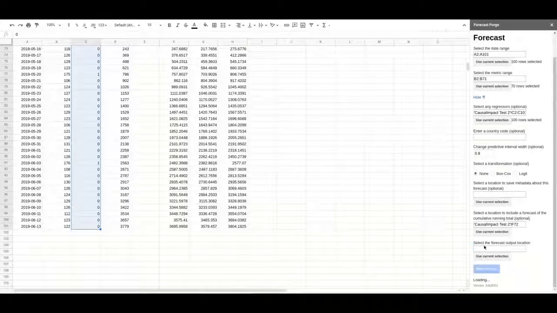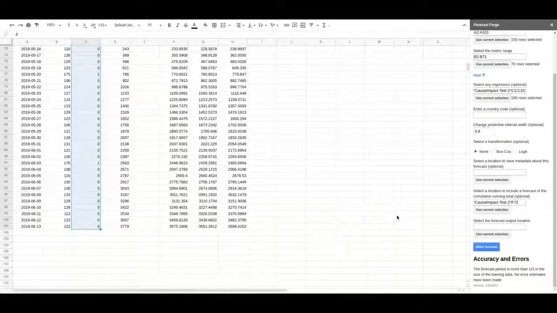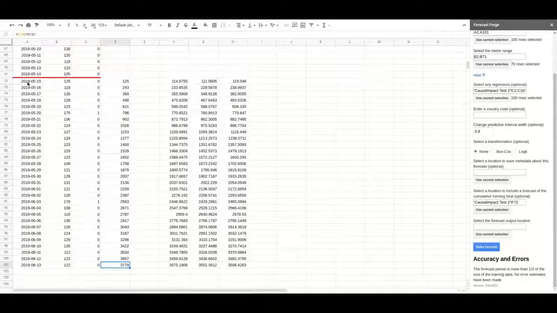So just click make forecast again. It will run the forecast, and there we go. So we've got 3551 as the lower bound and 3598 as the upper bound, and our actual was 3779, which is higher than the upper bound. So we know that whatever happened, whatever change was made on this day, had a positive effect